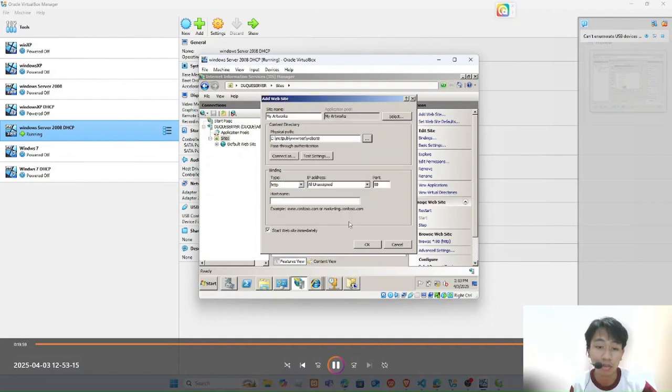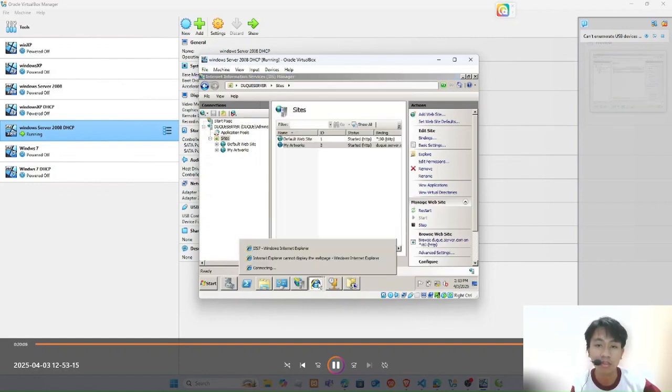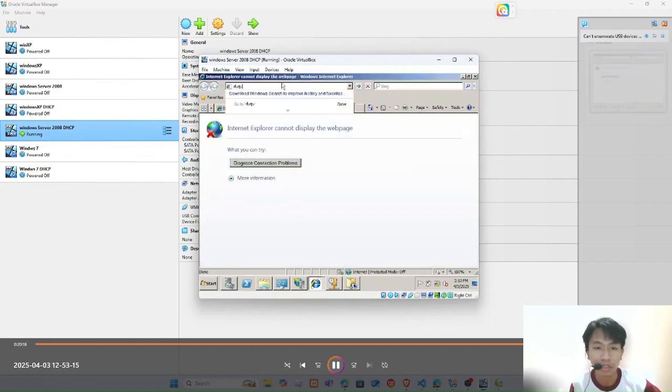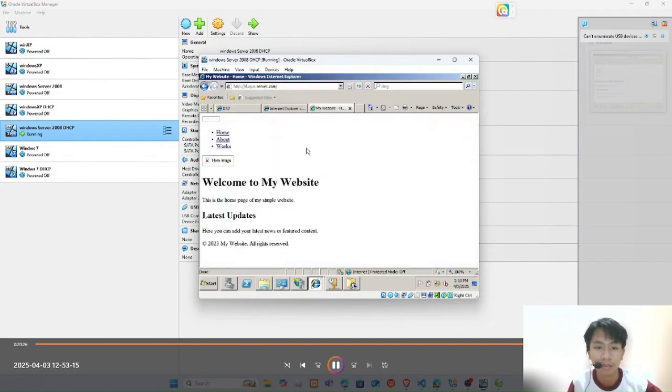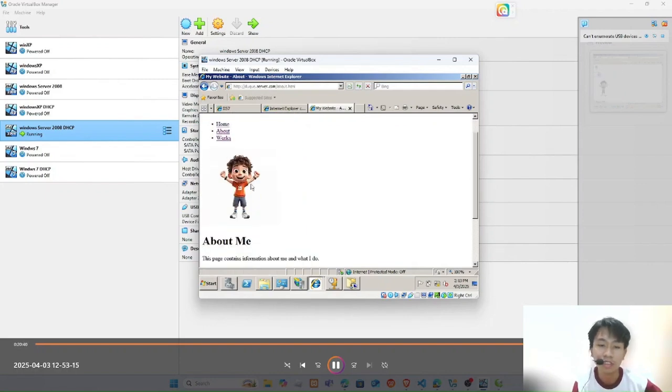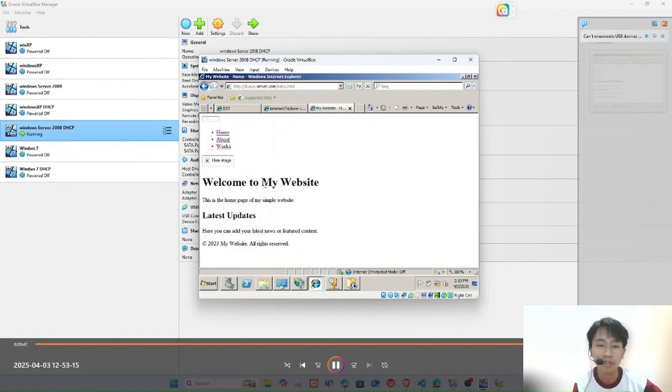Locate your file that contains your website's files, and then go to the Internet Explorer and search your domain. Then there you go. Here's the website you've just created and inserted in the Windows Server 2008.